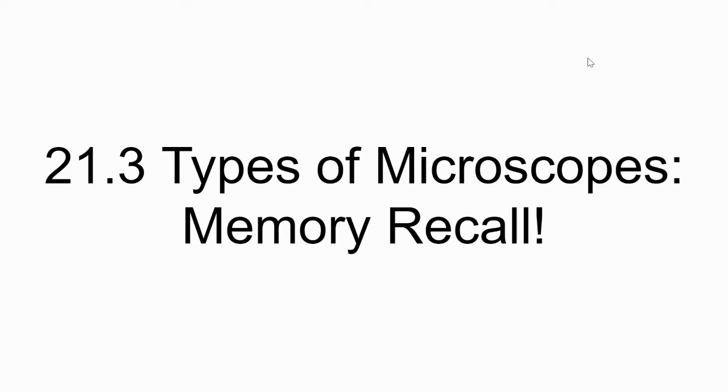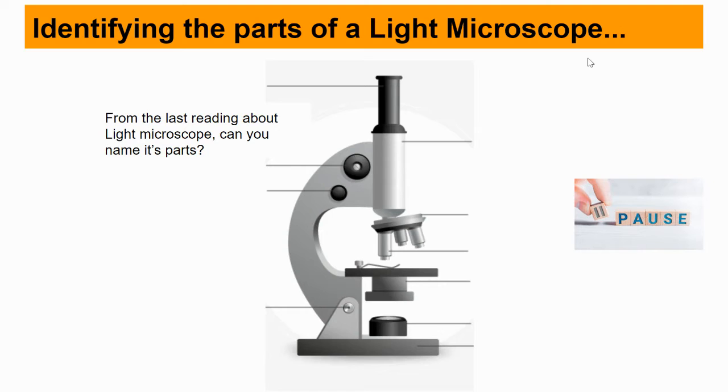So we'll start with recalling some important objectives that we had studied in the last week. That is, what are the different types of microscopes and two important features of microscopes. So when we want to begin with that, I want you to pause the video and try to recall the different parts of a compound microscope. You had read about it in the last few modules. Try to recall what the name of each part is.